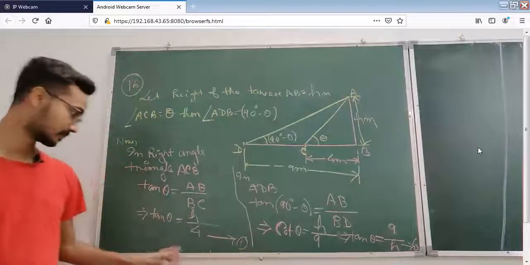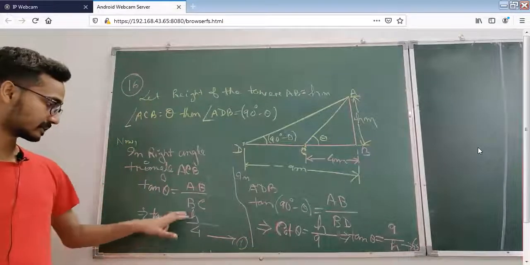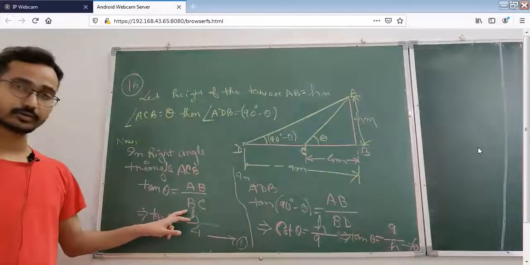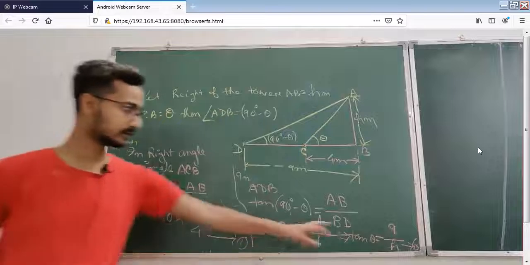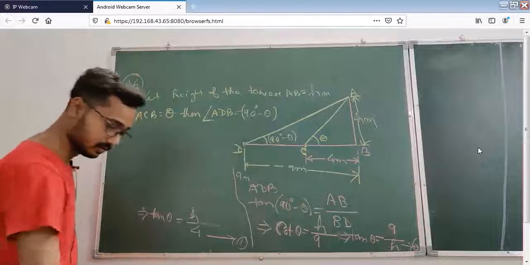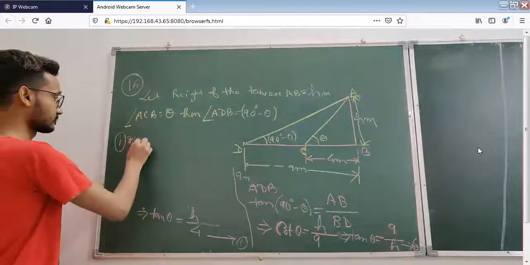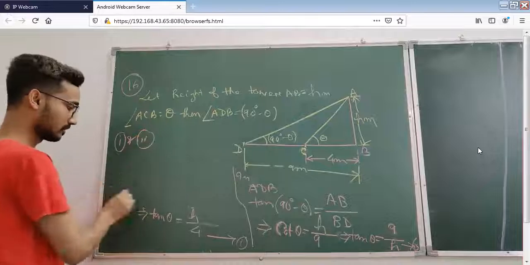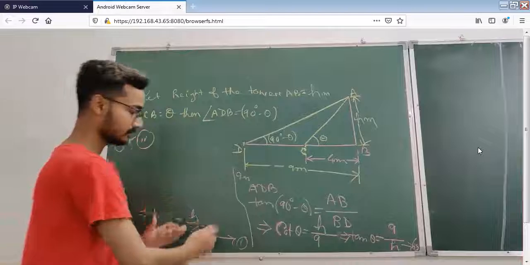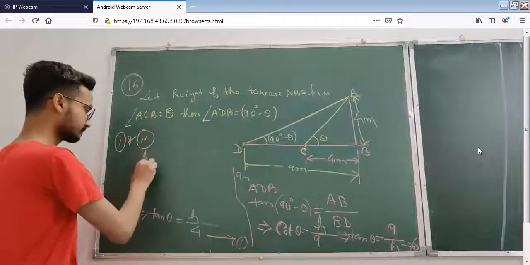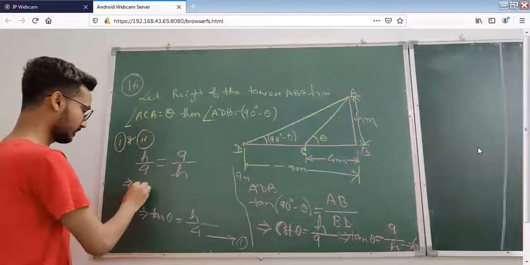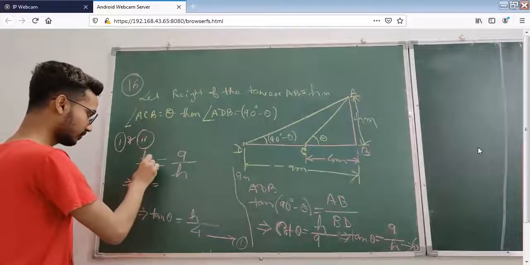Yes or no? Now see, from 1 and 2, here tan theta is h by 4, here tan theta is 9 by h. So from 1 and 2 we can equate. That means we can conclude that h by 4 is equal to 9 by h. So write down from 1 and 2. The left hand side and left hand side are equal, tan theta, so the right hand side will be equal to right hand side. That means h by 4 will be equal to 9 by h. Now if you cross multiply it, it will be h square equal to 9 into 4, which is 36.